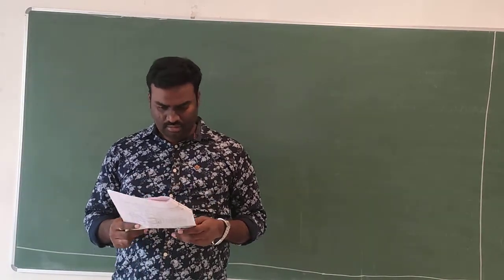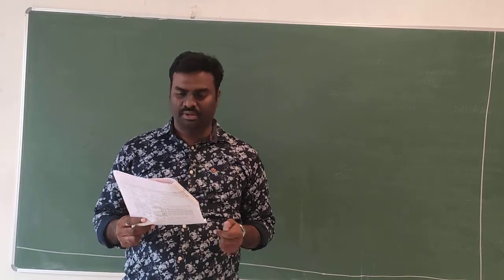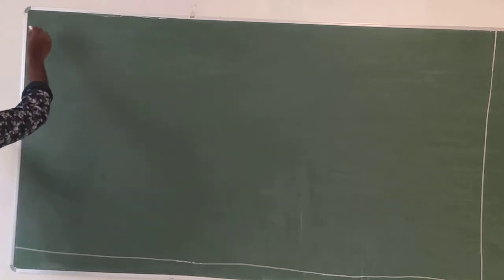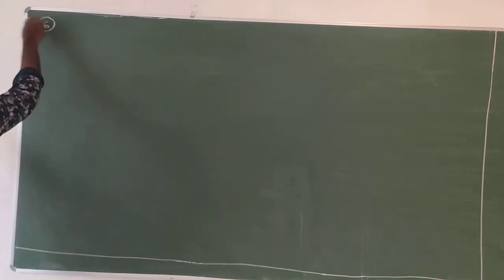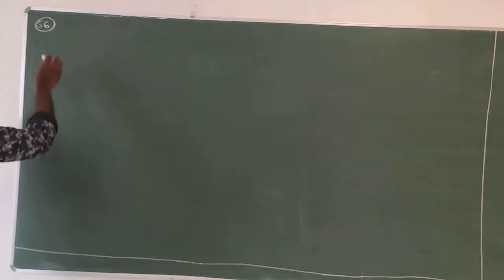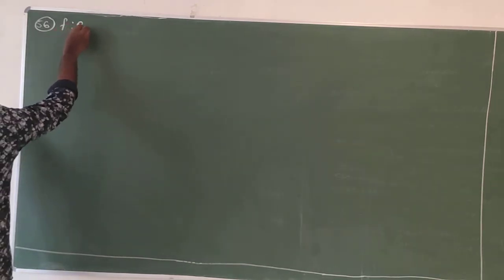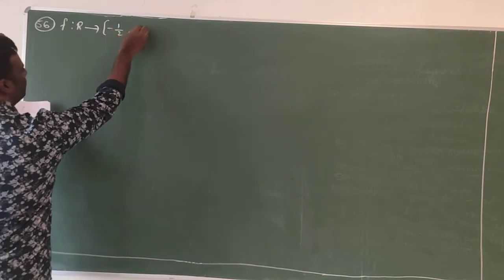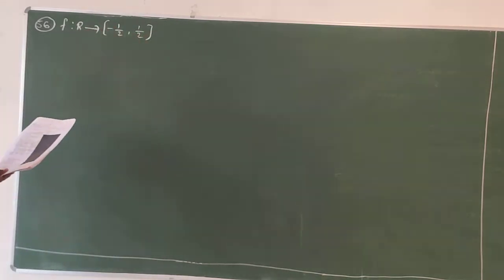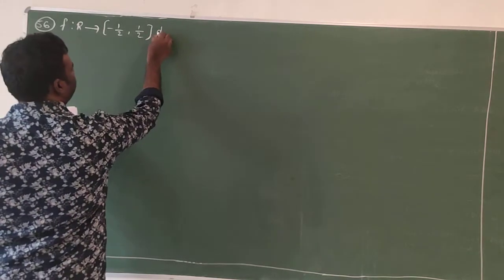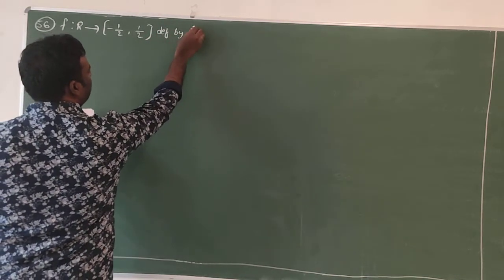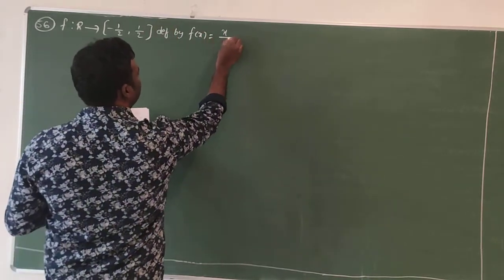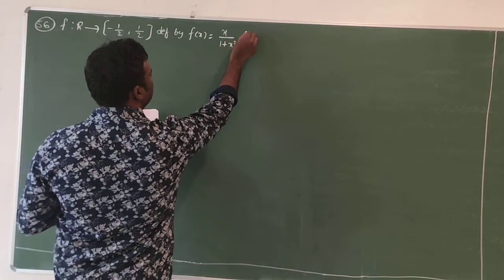In the previous session, we completed up to question number 55. Next, we'll discuss question number 56. They have given the function f mapping R to the closed interval [-1/2, 1/2], defined by f(x) = x/(1 + x²). Is it: